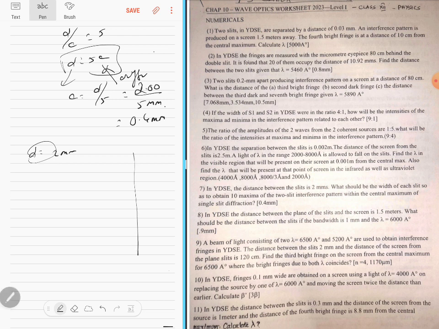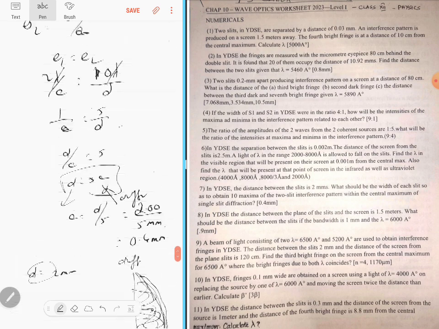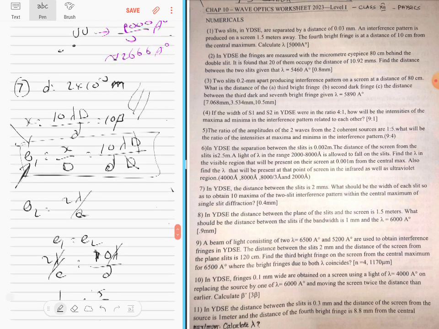All I understood is, supposing there is a central maxima and you're going to have 10 different maximas in the place where the central maxima is situated. Where would the central maxima be situated? That will be situated in the diffraction pattern. In diffraction you will have a central maxima. In interference you can divide it into slits so that you can have almost 10 maximas. So you're comparing an interference pattern and a diffraction pattern, and you're trying to find an angular separation,